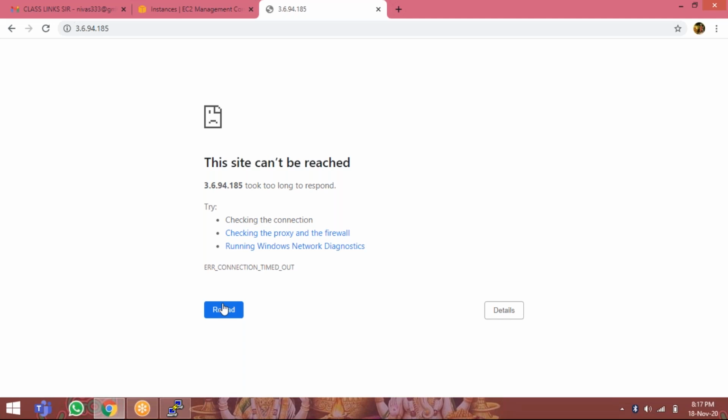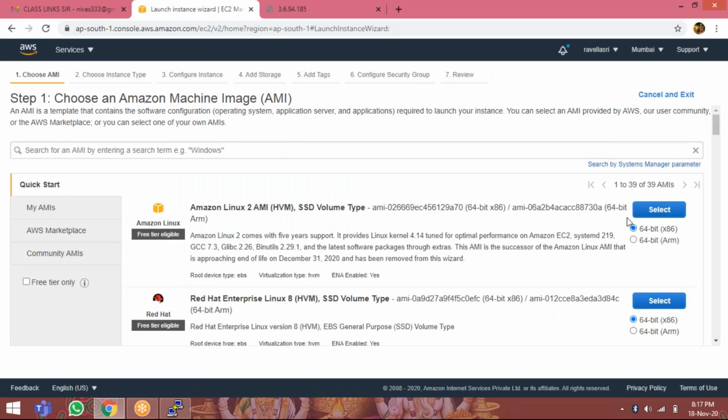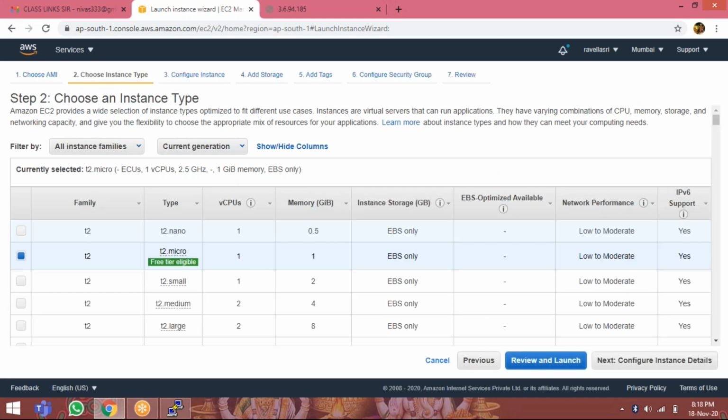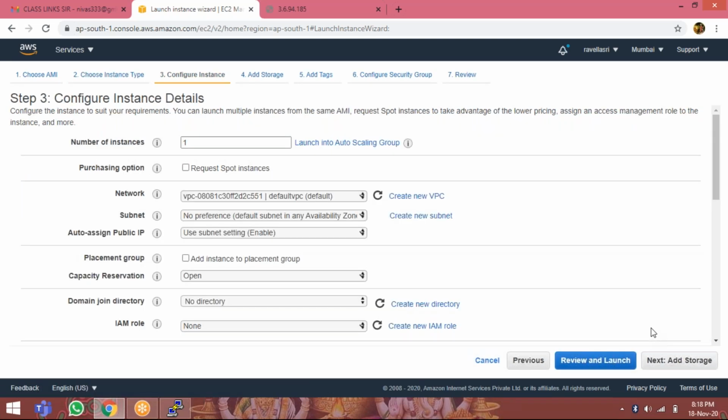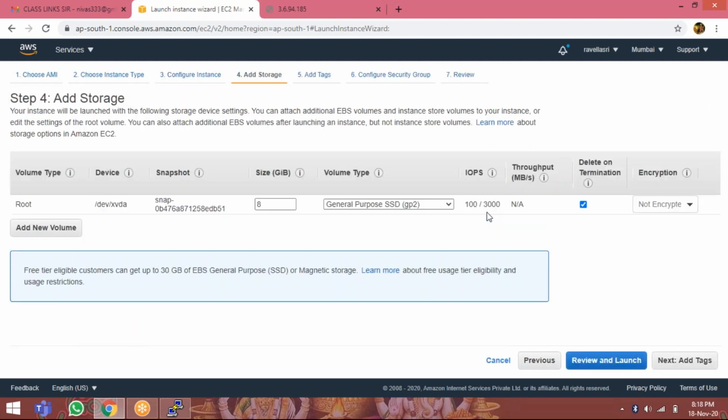Now launch another instance, create another website. Go to the EC2 instances, launch instance, same, select one instance, configure instance details. So why the website is not opening, I will tell you. Sometimes when we forget something, we can get that error. Add tags,